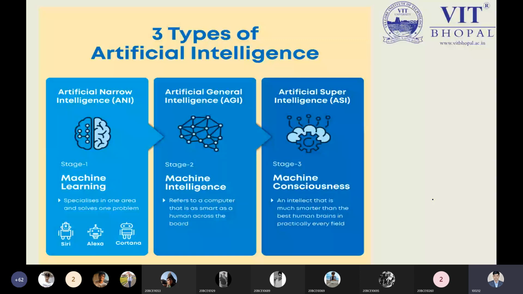So the third kind of artificial intelligence we have is artificial super intelligence, and that is the reason various scientists are working. Based on various information, various movies are available which depict all these things. So in the coming days, human simulation could be done by machines. But presently, we are living in two categories. One is narrow intelligence, and the other is strong AI, which is general intelligence only. The third one, we are not living in.